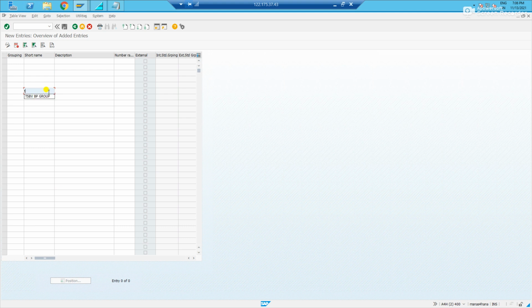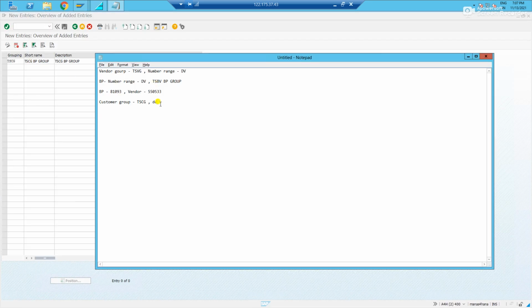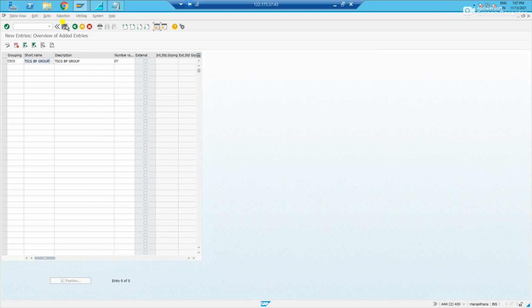I'll define TSCG, TSCG BP group, and add the same name in the description also. I'll add DB. If I want, I can also use a group created before, but to have a differentiation I'm using this, and the number range also DV. Let me save it.